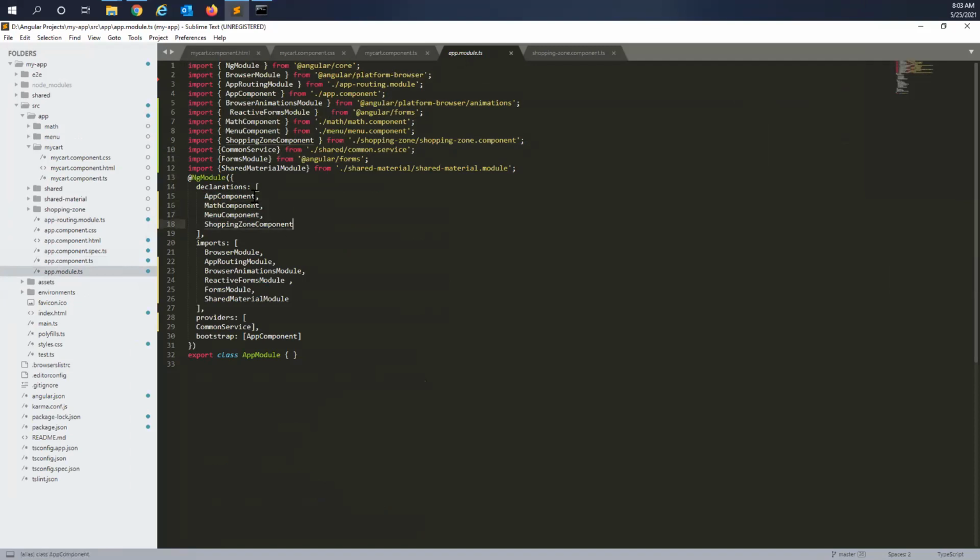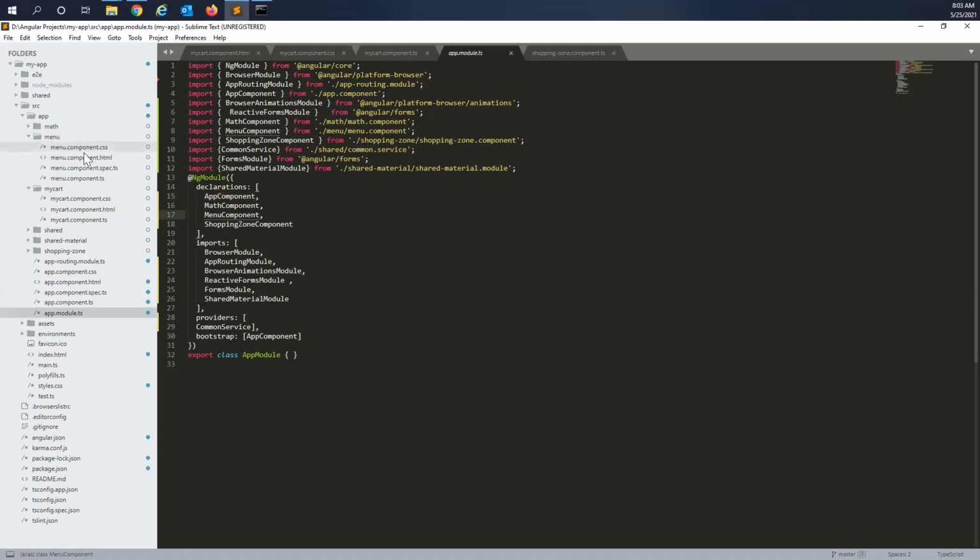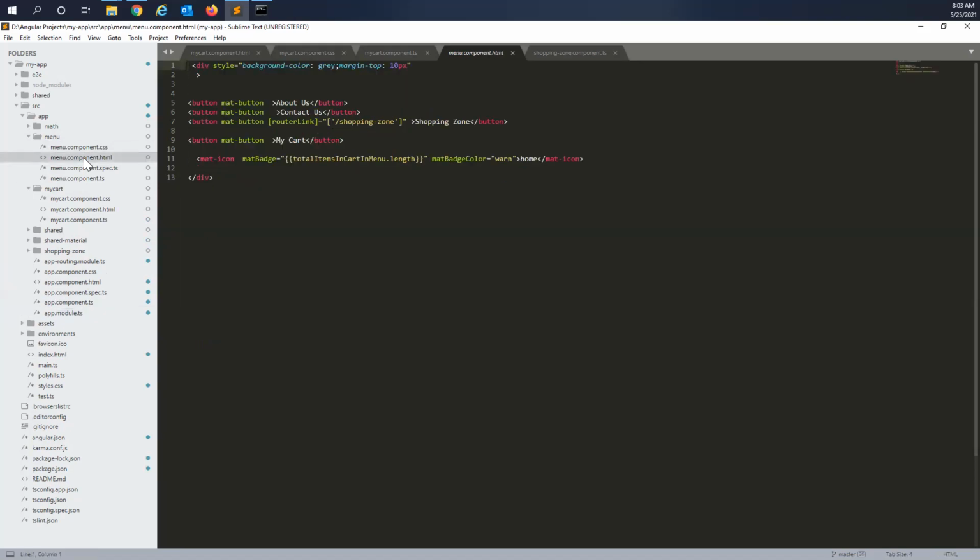The app component is going to take the menu component, and after that it is going to take about us.